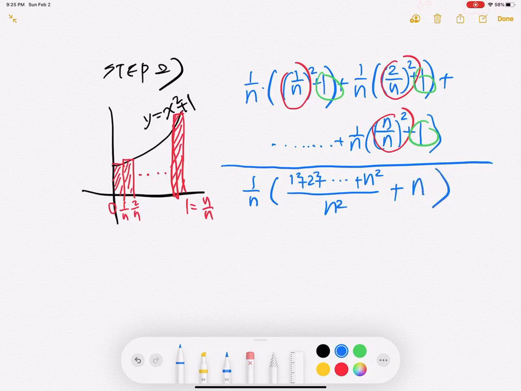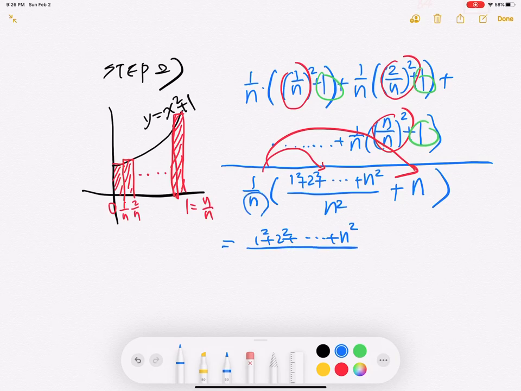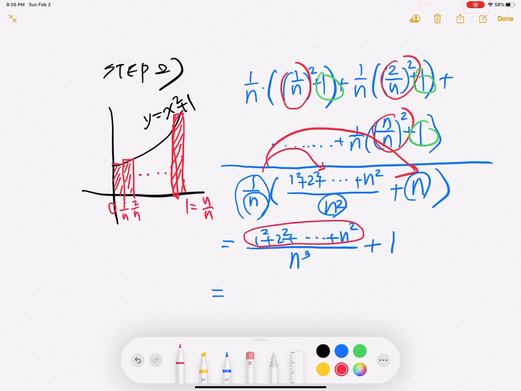Okay, I will do the distributive property first. I'm going to multiply these two things and these two things. So it will change to 1 squared plus 2 squared up to n squared over n times n squared, which is n cubed. Then 1 over n times n is just plus 1. That makes sense, right? And then I'm going to use sigma notation for this part. I can change it to sigma k equals 1 to n of k squared over n cubed